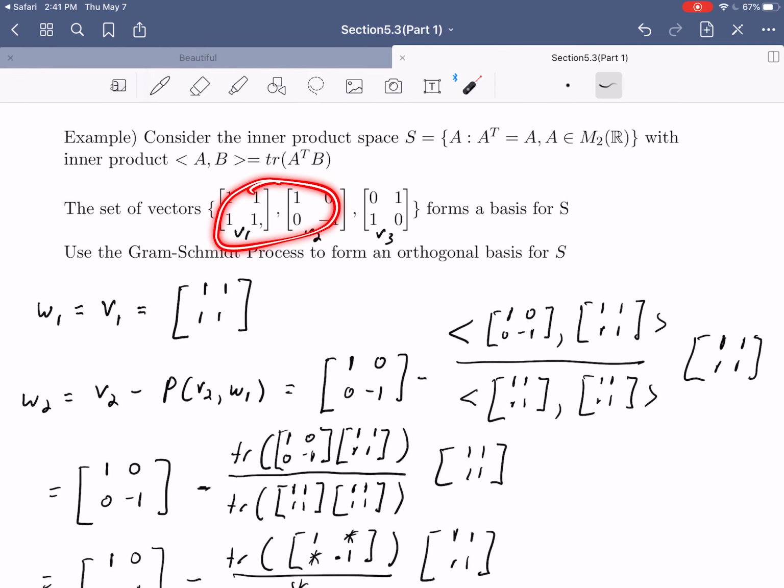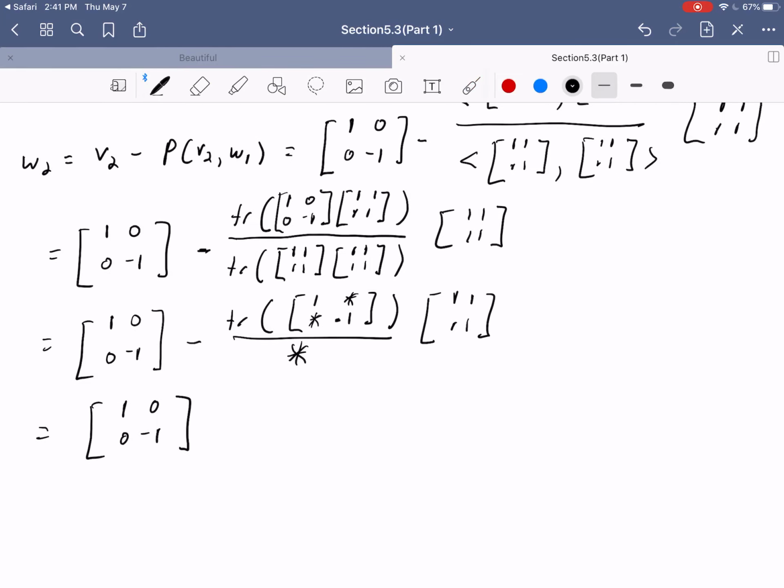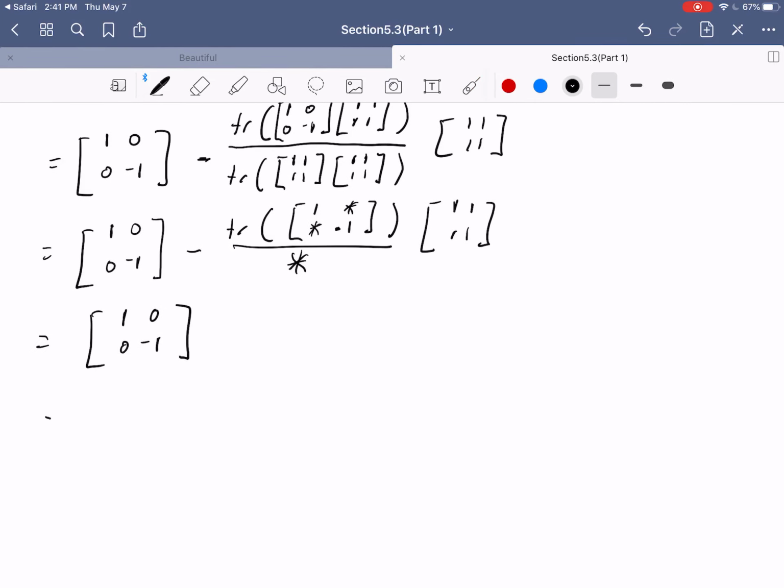So these two are already orthogonal. So if we're forming an orthogonal basis, we can just keep these two as is. Now we might need to modify V3, though, to make sure it's orthogonal to these guys. So let's go ahead and do that. So for W3, we're going to be taking V3 and subtracting the projection of V3 onto W1 minus the projection